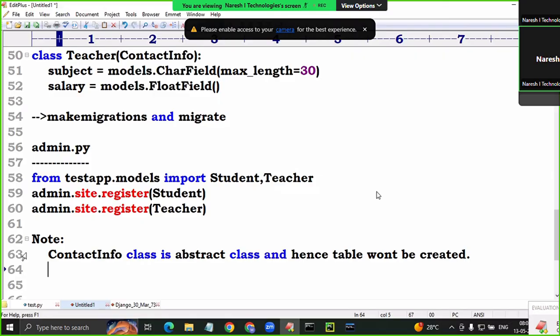It is only for code level inheritance. This type of inheritance is